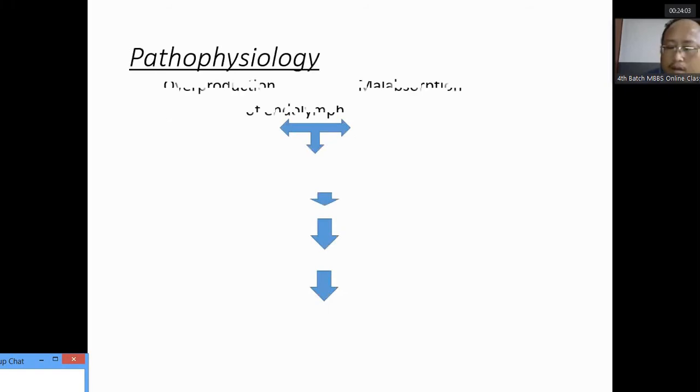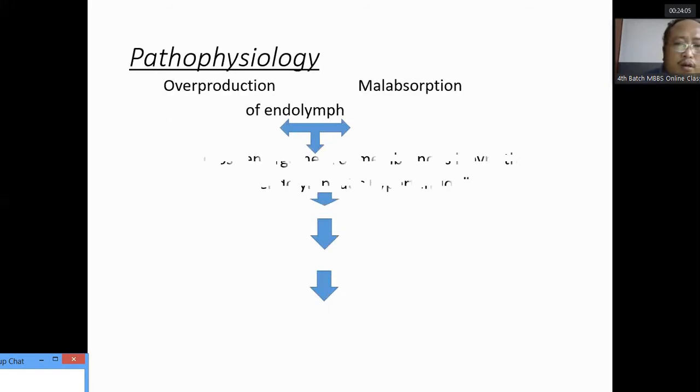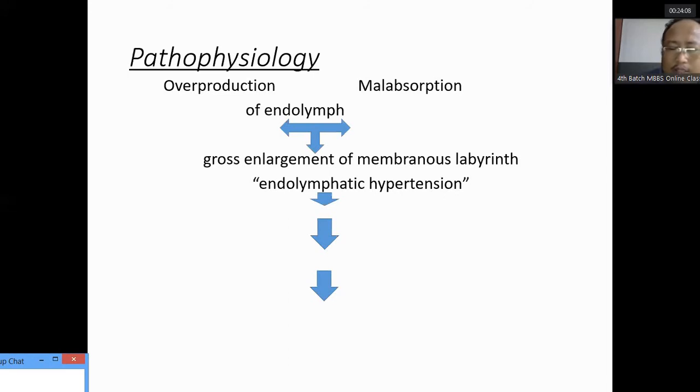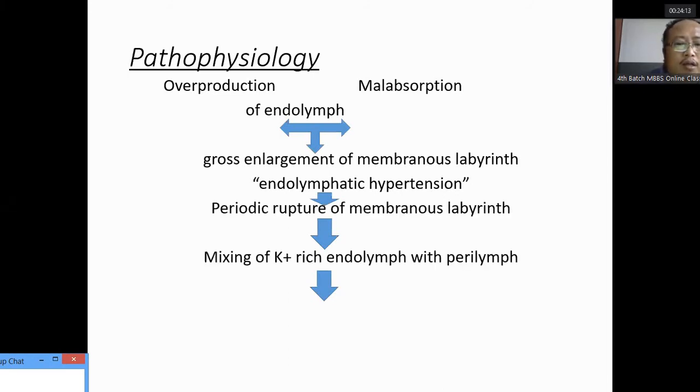So how does this happen, and what are the things that go on in the area? Most of the scientists have agreed regarding the pathophysiology. There might be overproduction of endolymph, or there is a malabsorption of endolymph, same like glaucoma in the ear. एन्डोलिम्फ धेरै प्रोडक्सन भएर अथवा त्यसको ड्रेनेज राम्रो भएन भने